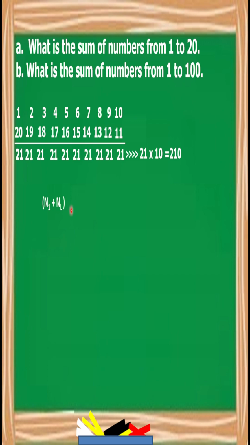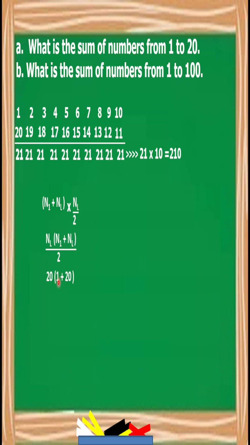But putting it in the formula, we multiply that one by the count of the number or the last number, in this case, and divide it by 2. Let us just rewrite this one in a proper way. So that will be n sub last divided by 2 multiplied by n sub 1 plus n sub L. Let us now try to substitute the values for this formula. We have the n sub last or n sub L, which is 20. We're going to multiply it by the